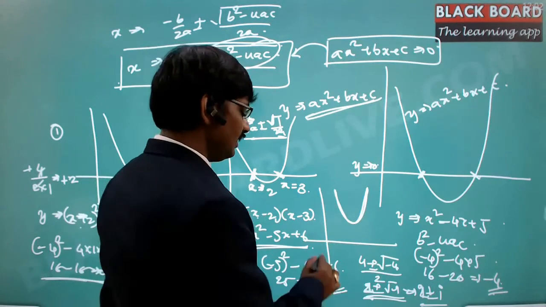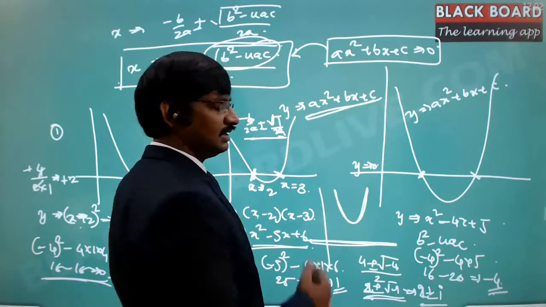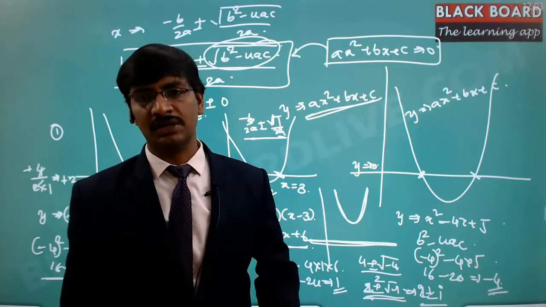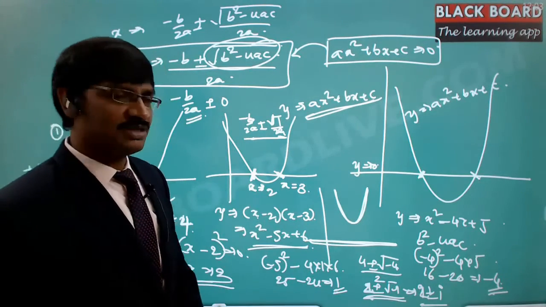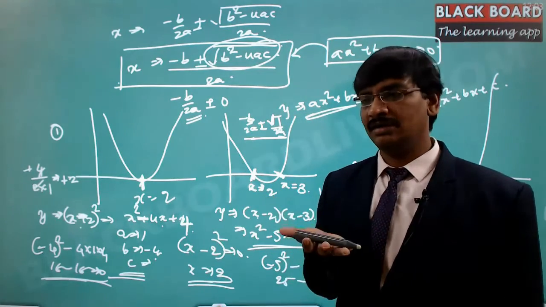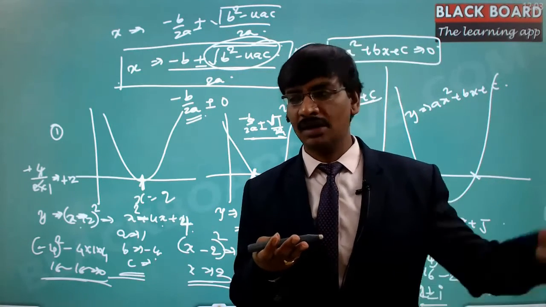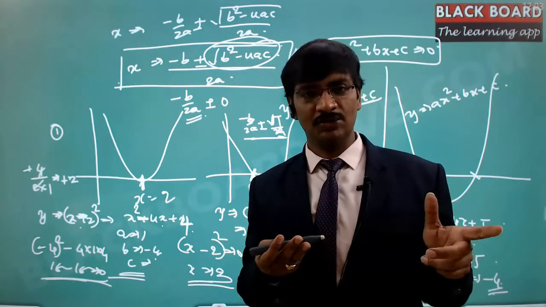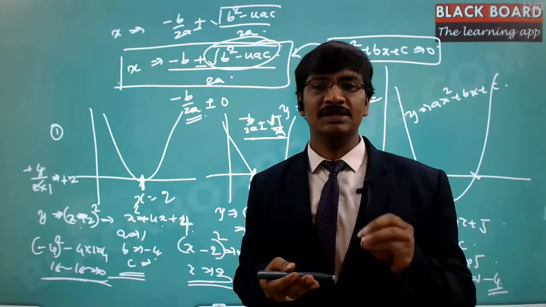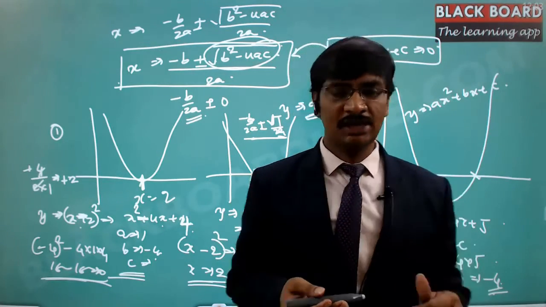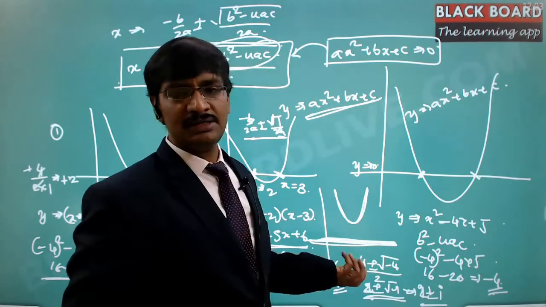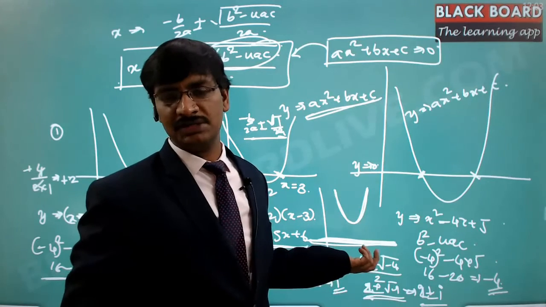But is it really happening? There is no way it is touching the curve. Yet you are saying that it is touching the curve at two different places. That itself is wrong, right? To comprehend that, suppose I am holding this pen in my hand and I ask you to sketch this pen in the other room. The way you would immediately respond is, sir, the pen is there in your hand itself. That's exactly what we are doing here. We wanted to sketch the solutions on this particular straight line, but they are not there. This is like the other room where we are trying to sketch the pen.